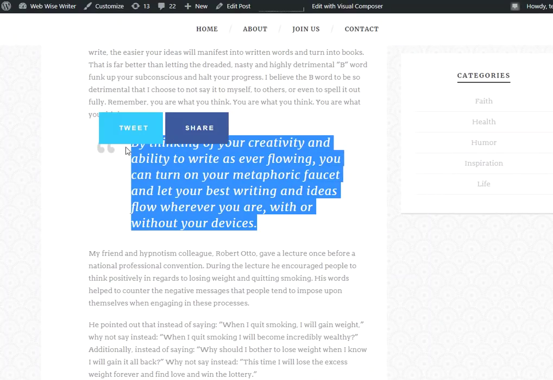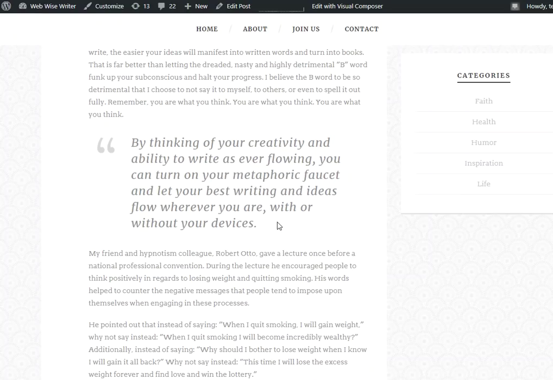This is done in CSS. So CSS is a type of code that dictates the way the HTML displays. You have HTML, which is the code of what goes where, and then you have CSS, which is what that code will look like.